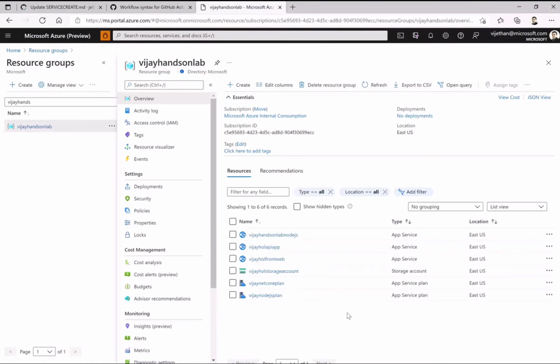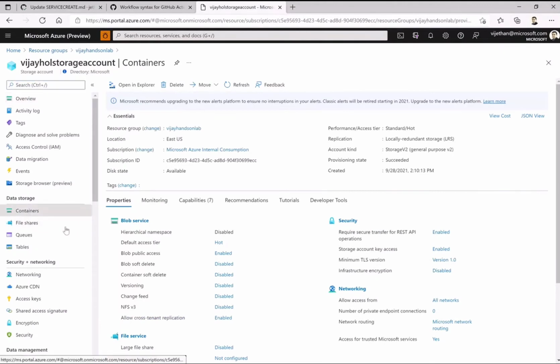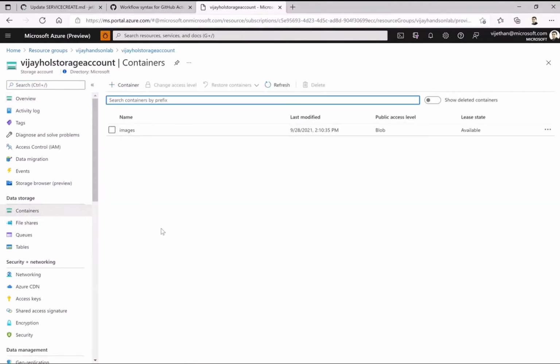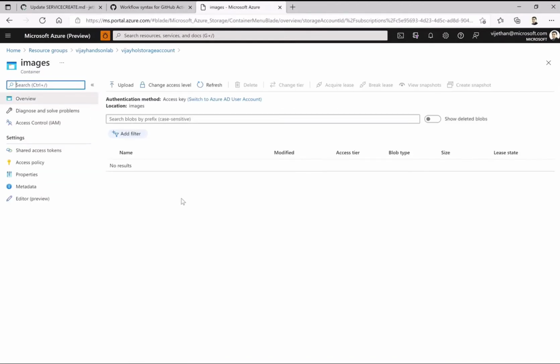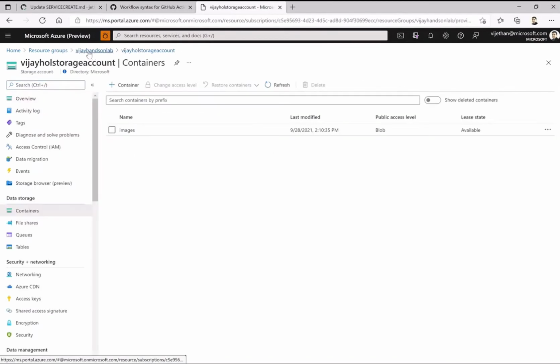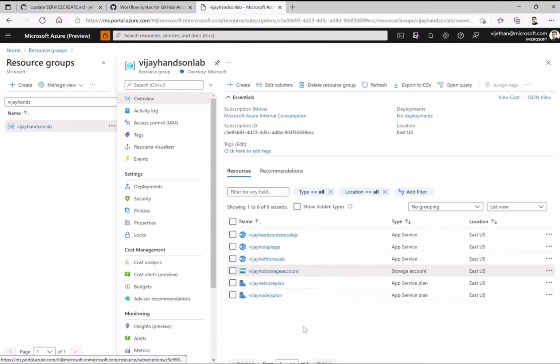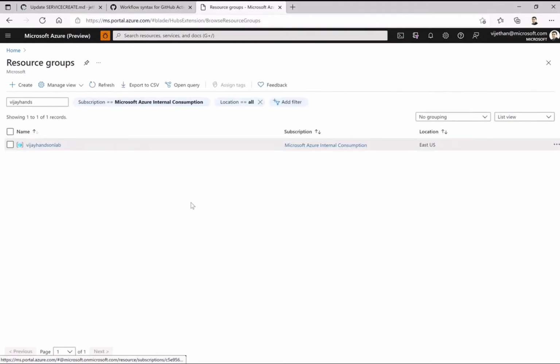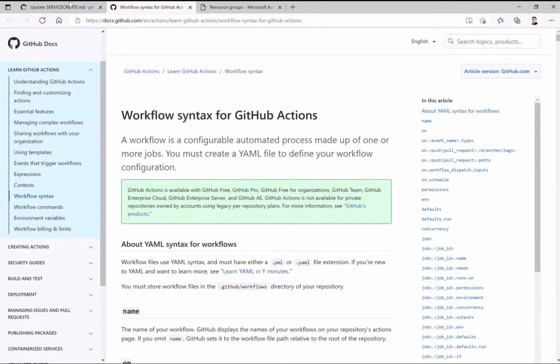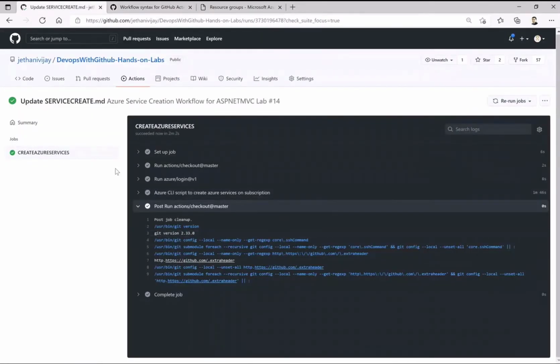I think it takes some time because it has to provision as well as create the container, so it takes some time. So let me check. Yeah, I think we are good with the service creation part. So we are good with our first workflow, which was to create the service.